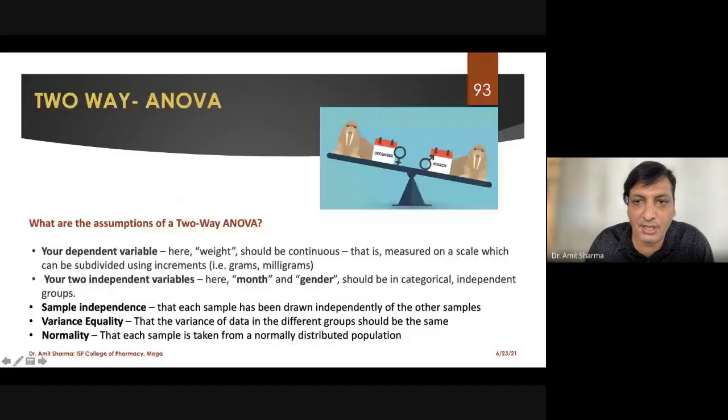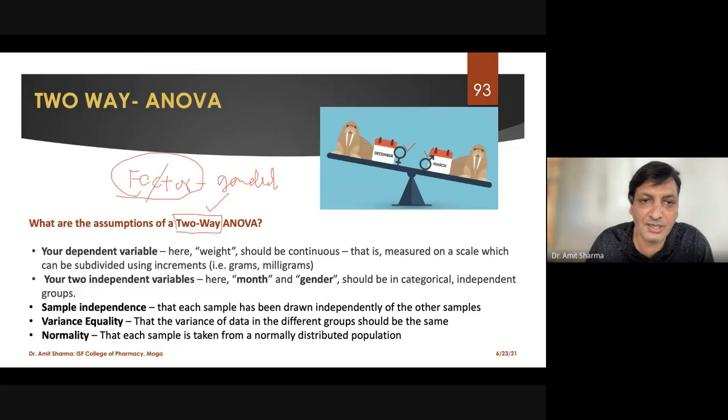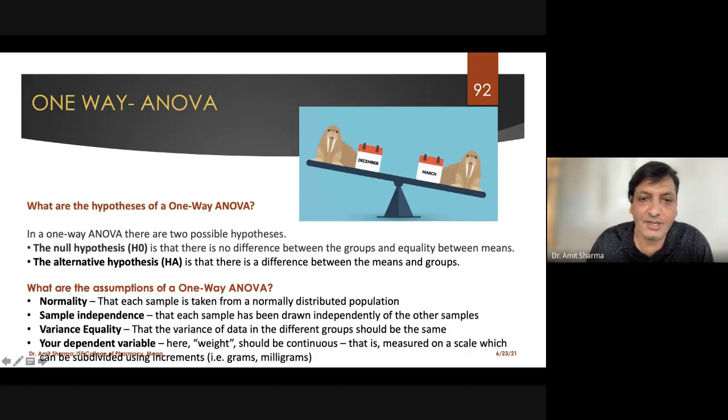When we are bothered about how many seals are male and how many are female, then the test will be called a two-way ANOVA, because we are looking at the difference between two groups: one group is male and the second is female. Whenever we add a factor to the test, and the factor here is gender, the test will be called two-way ANOVA. And whenever we don't have an added factor, the test will be called a one-way ANOVA.